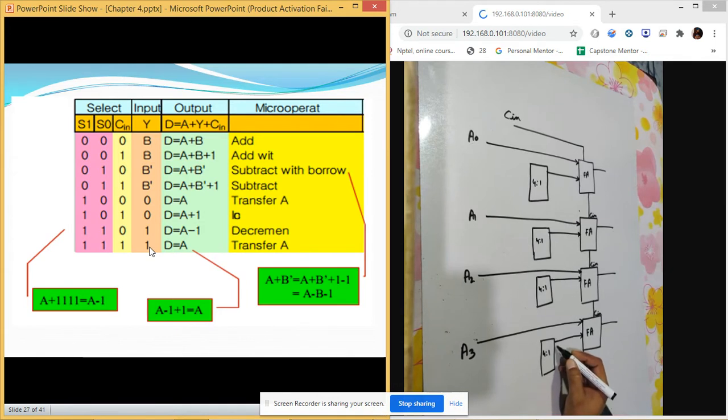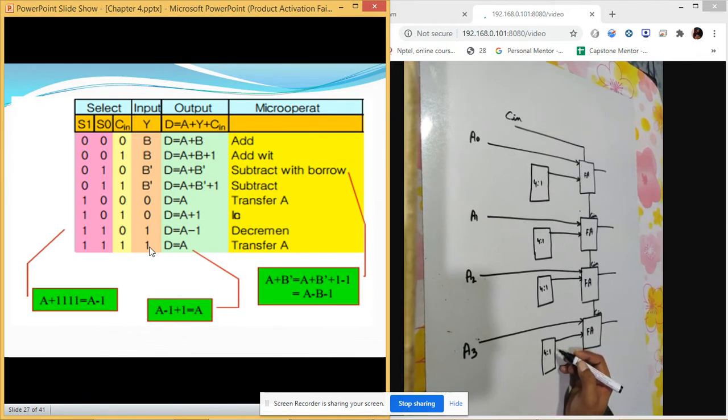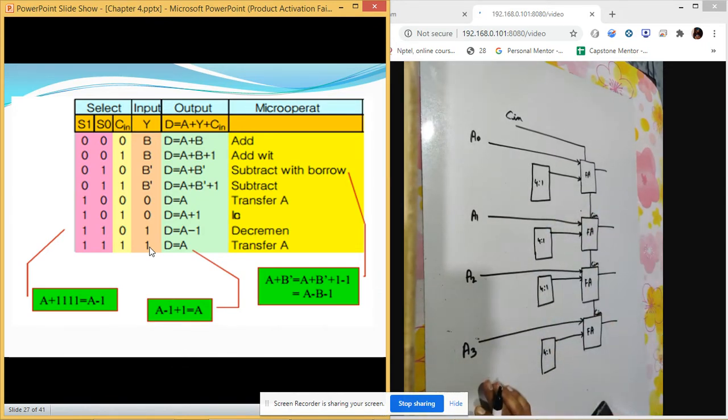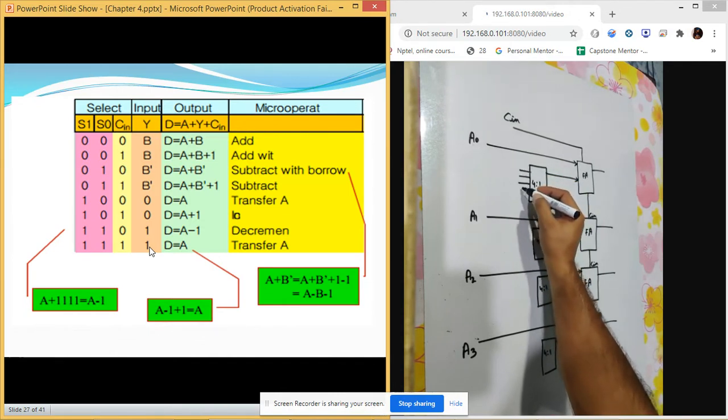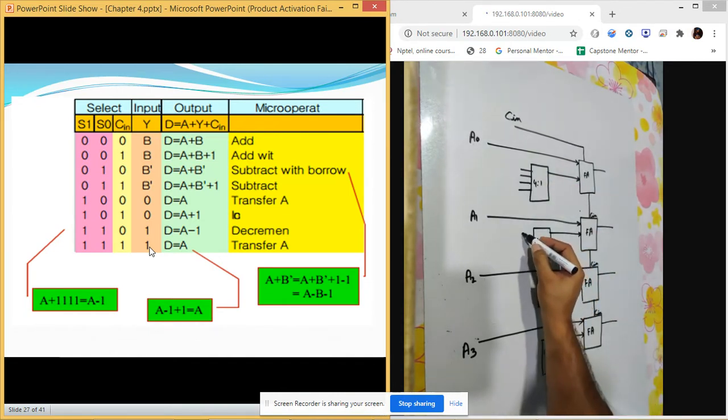So one output, how many inputs do we have? Definitely four inputs, because a 4:1 multiplexer has four inputs and two selection lines as well. We will currently not talk about those selection lines. Let me just show you this thing. After that, I will tell you how to use those selection lines. So first of all, we have four values here. For every multiplexer, we are going to have four values.